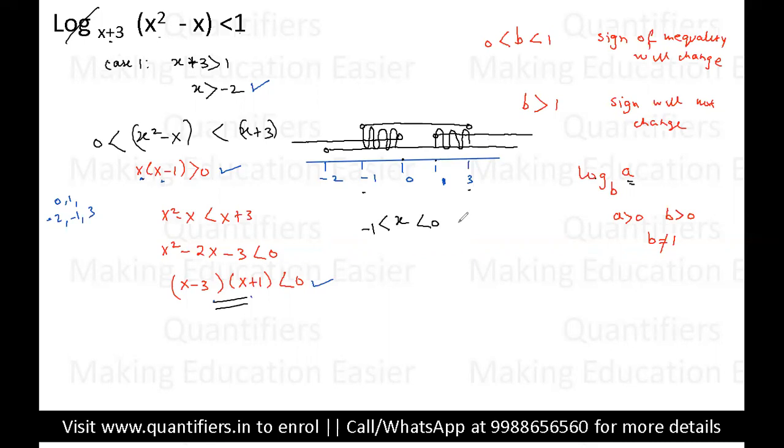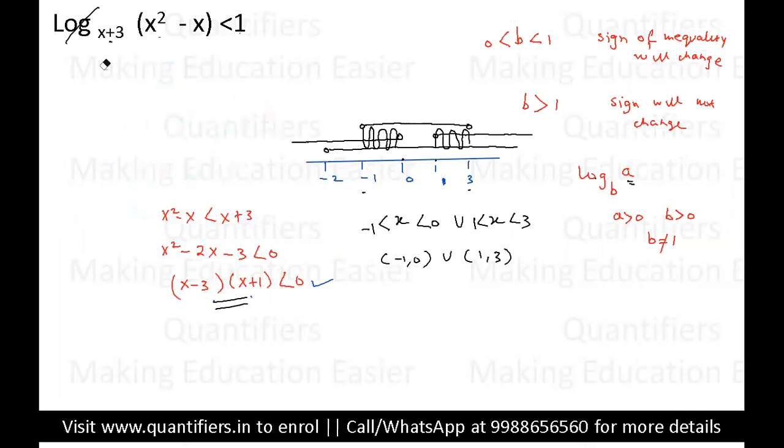And students, moreover, we are getting one more condition, that union x will lie from 1 to 3. So -1 to 0, union 1 to 3. So students, now this is the answer for the first part. Now let us look at the second part. Now the second case you also need to solve. So now students, I am erasing this first part. I hope all of you have got it.